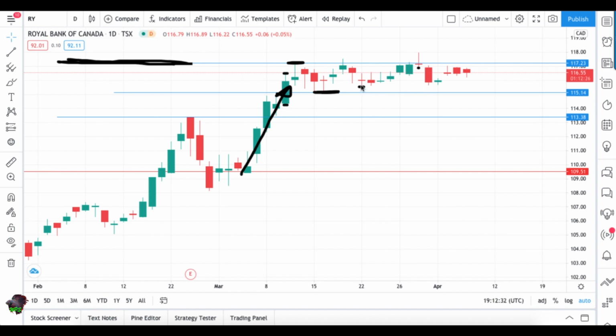But where does it stop? Well, look at these bottoms here. They correspond exactly to that area here, and then this is where this stops, and this is where the bulls jump into place. So this is becoming more significant support for us than this one here. Okay, so now when we look at the picture and what's going on in the market with this Royal Bank,